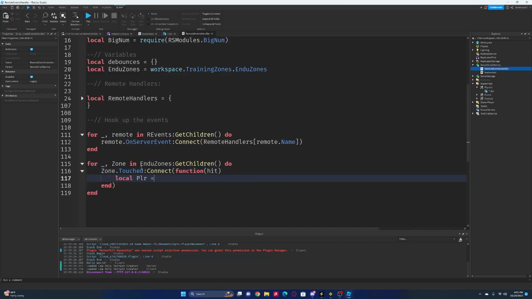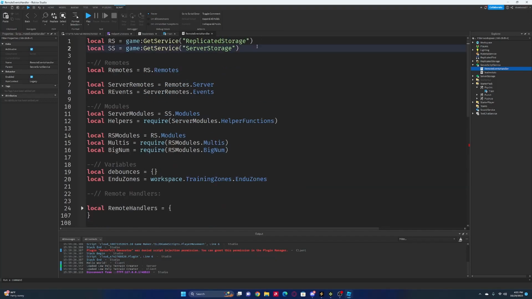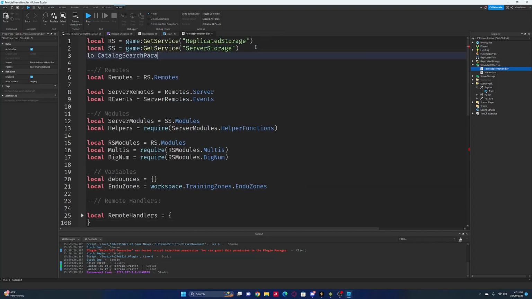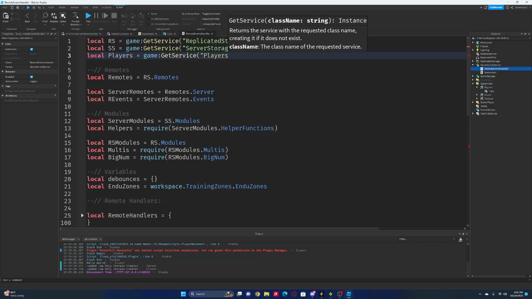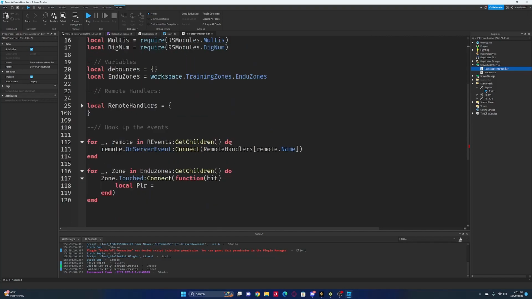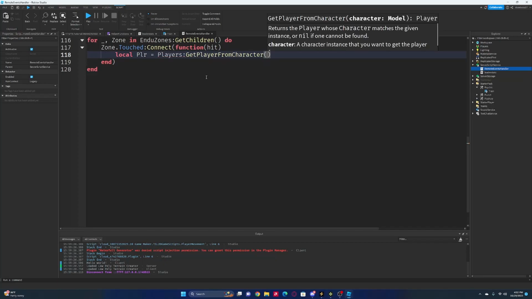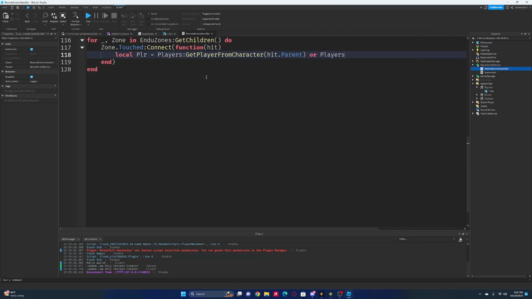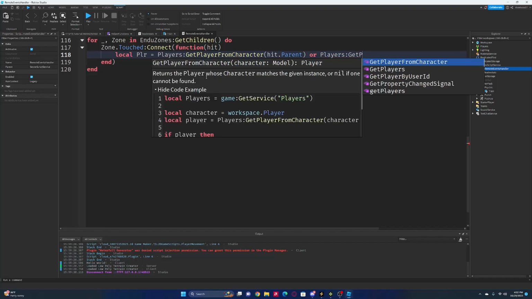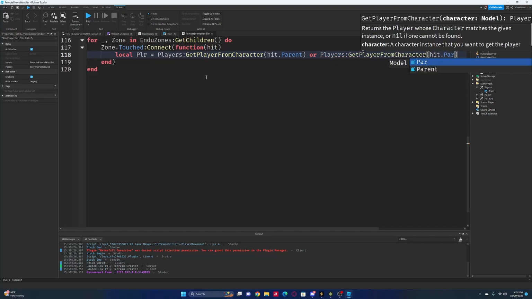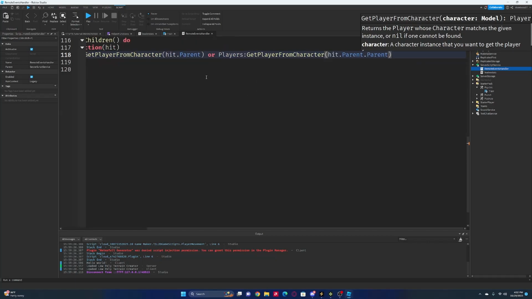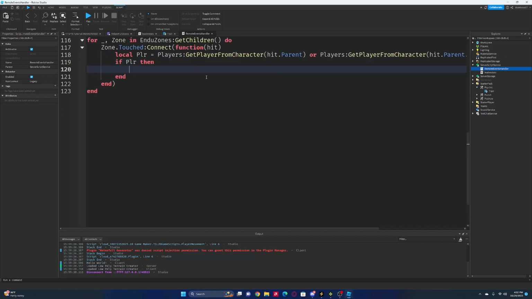and we'll get our player. Let's get our player service. What the heck? Players equals Players:GetPlayerFromCharacter(hit.Parent), or Players:GetPlayerFromCharacter(hit.Parent.Parent). Okay, so if our player is found, then